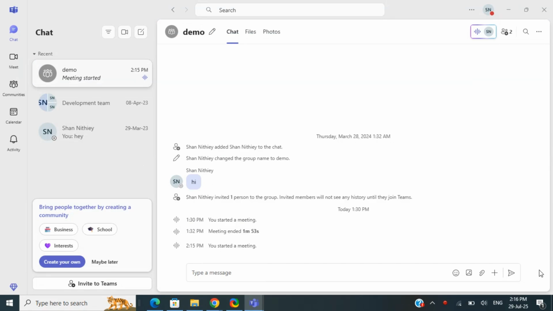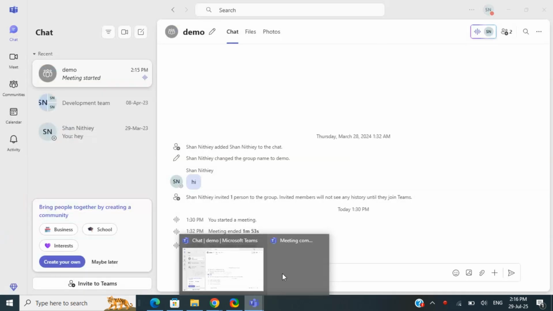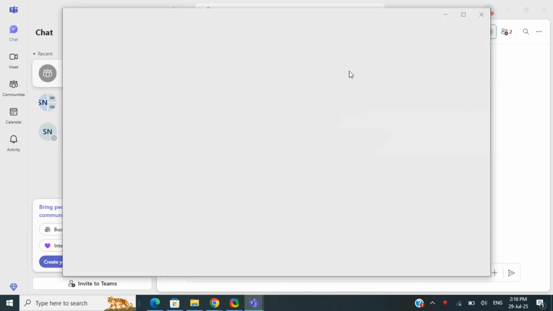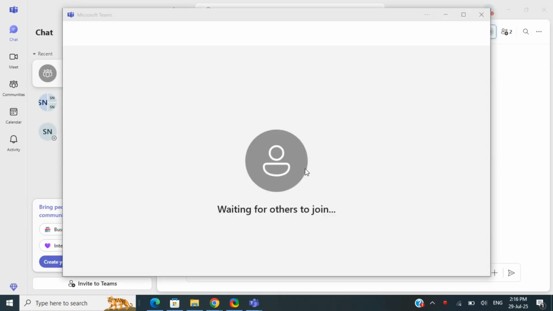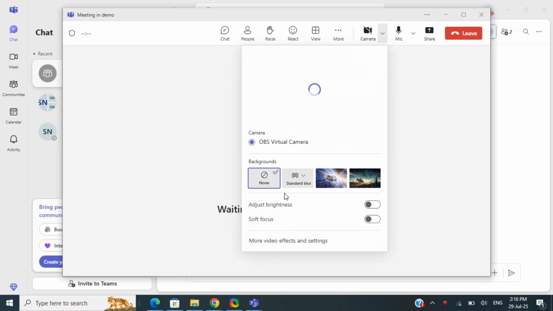In this video, I'm going to show you how to fix background effects not working or showing on Teams. So if you open up your Teams, and if you're in a meeting or something, and you're trying to add some backgrounds, to change your background effects, and you can't really see this option here where you can add more effects and backgrounds, that